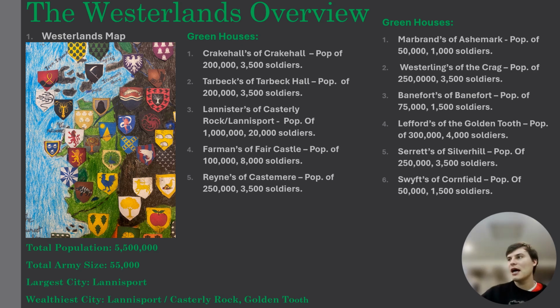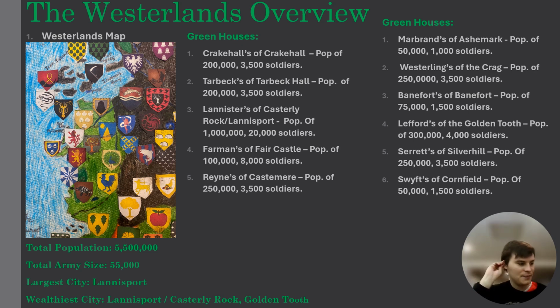The Leffords of the Golden Tooth, which has that golden sun sigil, the partially blue background with the yellow triangle. They can field 4,000 soldiers, have 300,000 people, and they're considered one of the most loyal houses to the Lannisters. They are a very wealthy house due to large gold production which the Lannisters gave them. And Lord Humphrey Lefford will eventually be the lead general for the Western Lords during the Dance of the Dragons, along with Fair Isle. Princess Rhaena stayed at Golden Tooth with Dreamfire. So Dreamfire also stayed at the Golden Tooth. And again, Dreamfire we think is probably the parents of Drogon,